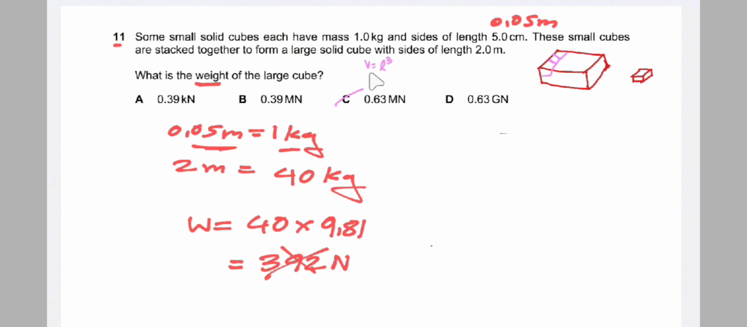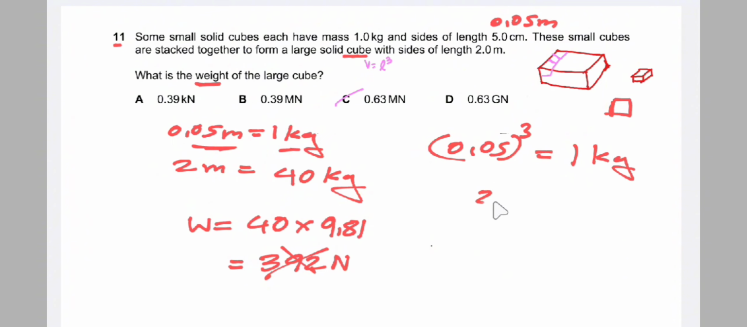But since it is a cube, all the sides are the same. Since it is a three-dimensional object, the volume would be length cubed, that is 0.05 cubed. If we use volume to compare the masses, then 0.05 cubed is equal to 1 kg. So 2 cubed is equal to 1 by 0.05 cubed into 2 cubed, which gives us a value that is